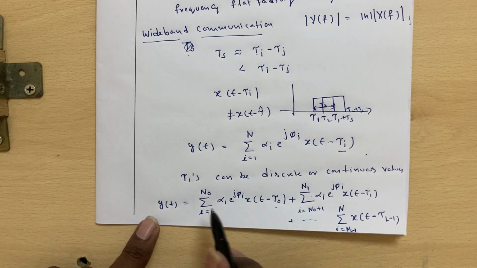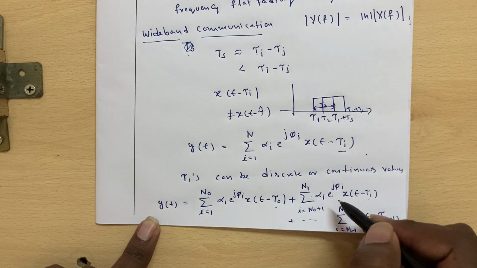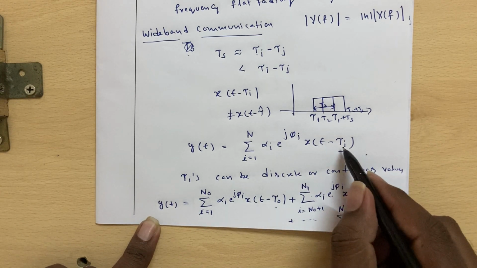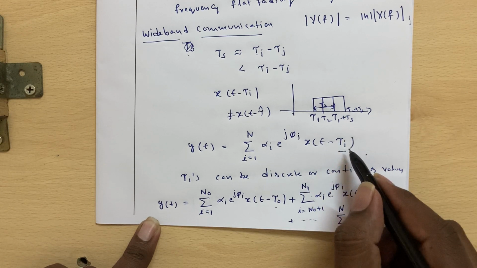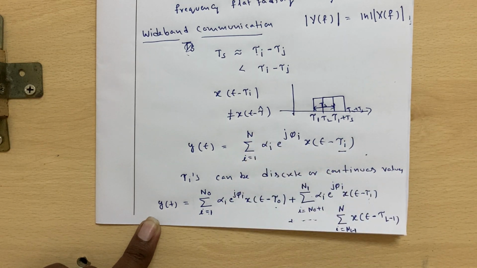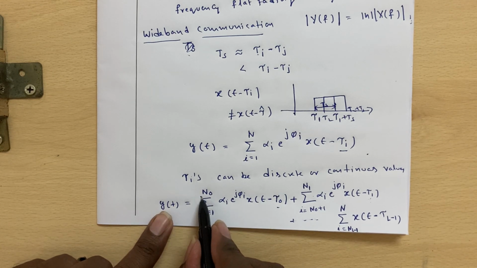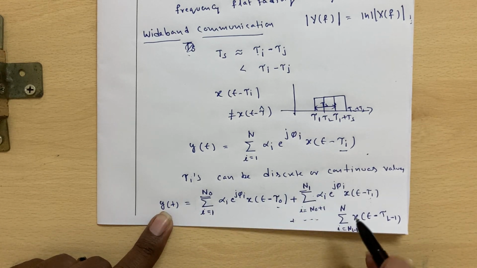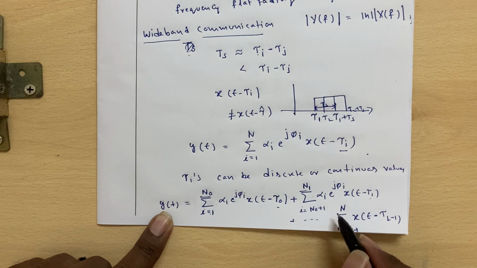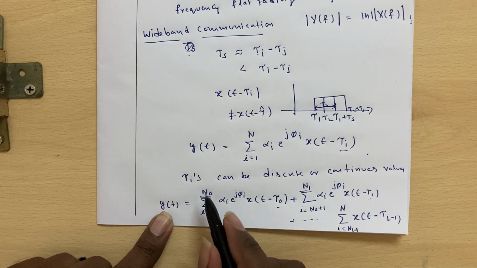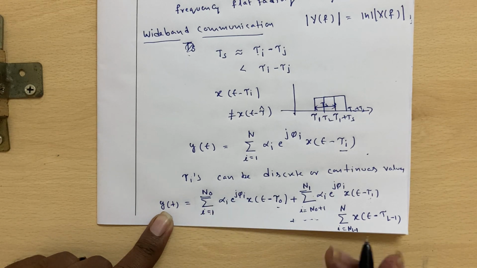Now if I do like this, I'm just simplifying this way, that all of the delays cannot be taken as something like tau hat, but at least some of them can be taken as tau naught, some of them will be taken as tau 1, like that. Now if we observe the value of n naught and the value of n1 present in the last path also, the count will be a sum of a very large number, and a sum of a very large number can also be treated as a large number.